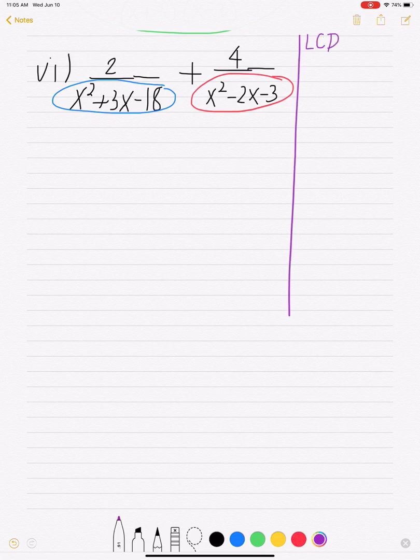LCD, least common denominator. So the first denominator, we're going to factor down. We always break everything into primes. x squared plus 3x minus 18. So this is a quadratic trinomial with a leading coefficient of 1, so we can make two pairs of parentheses,